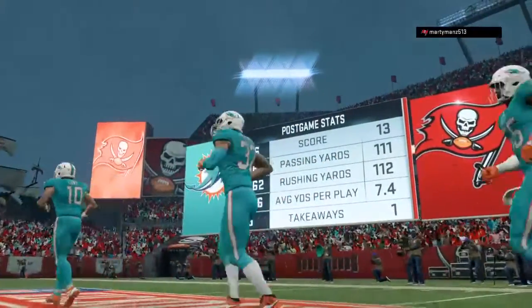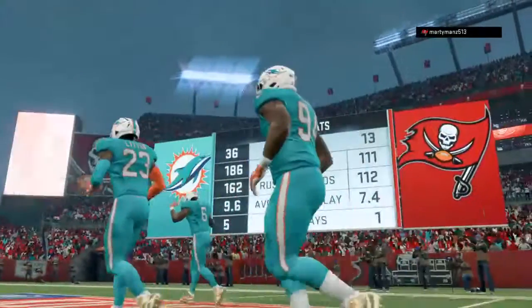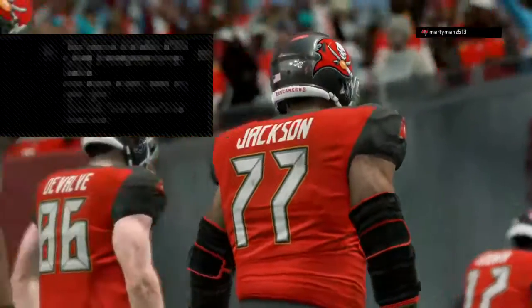So for Miami, not much to complain about here. They come in and steal a victory on Sunday night. And they'll get another road date next week as their opponents will be